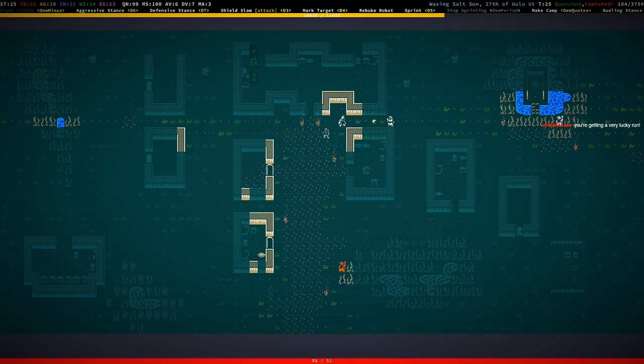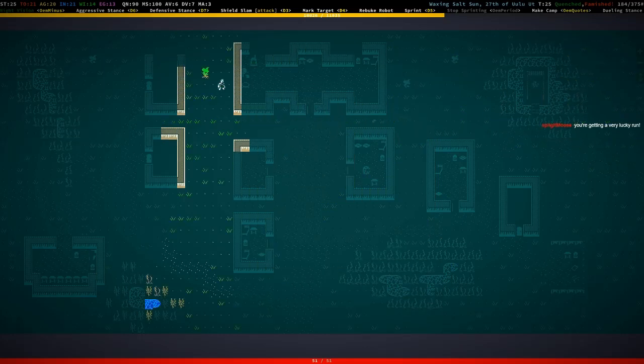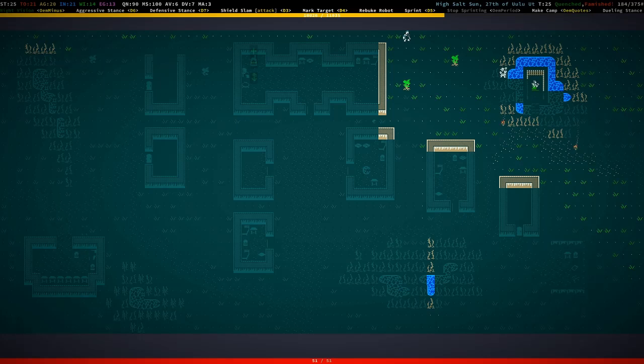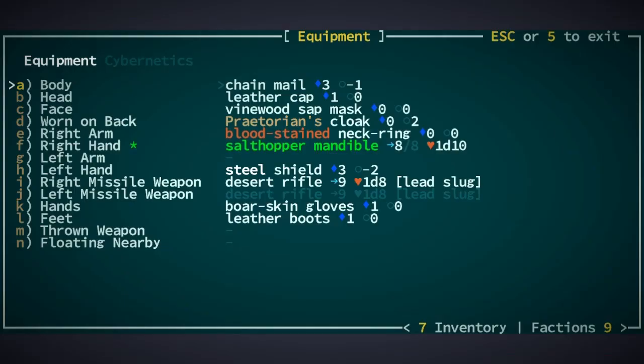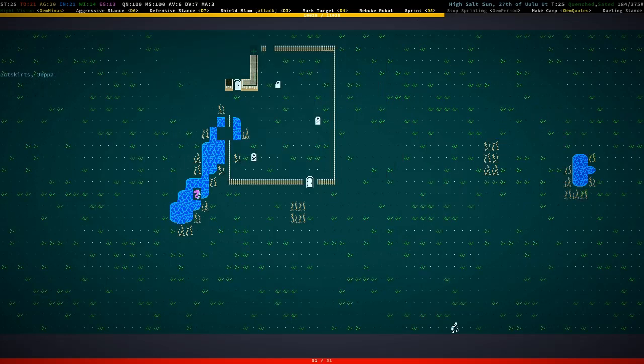Usually all of this stuff at the start does not matter too much, but it's pretty decent. We got a bunch of reputation from the Snapjaw things, and we're famished forever because I did not think about it. But yeah, we have some good stuff. We're starting out nicely. So what we're gonna do now